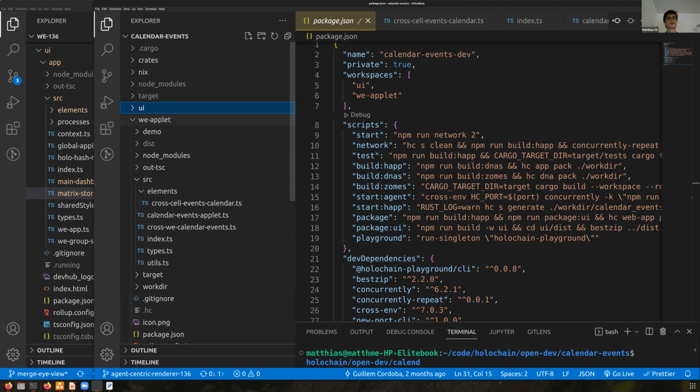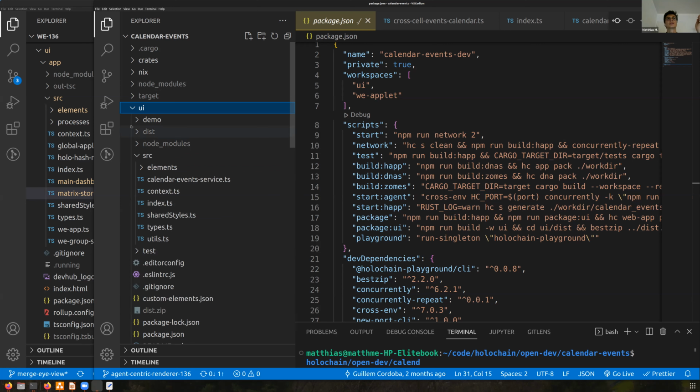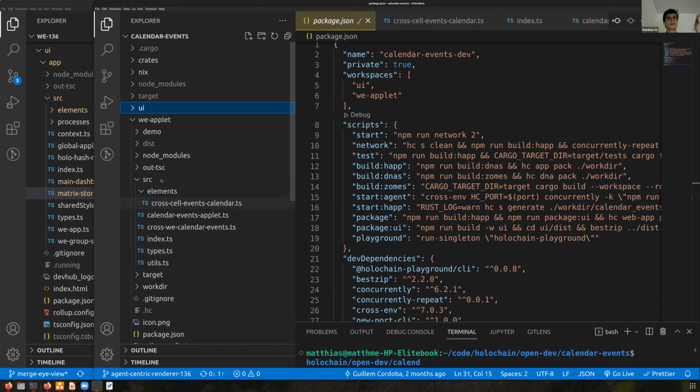Then with We, we created the applet scaffolding tool that you can basically just run in a hApp directory, and it will create this applet folder for you. This basically then just needs to depend on your UI elements that you already have in your app, and you need mainly an